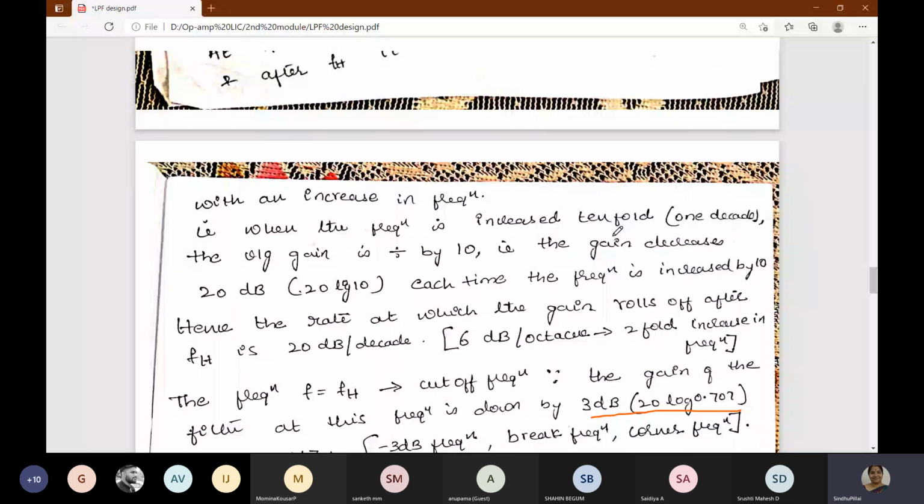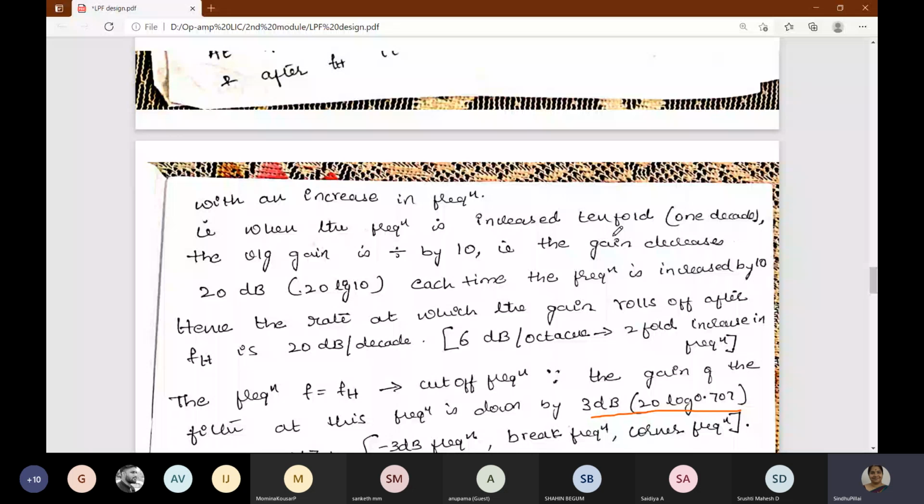And in filters we have three types here. We'll be studying three types. One is Butterworth filter, second one is Chebyshev filter, third one is Hausser filter. Three filters we have. So these filters are based on the pass band and stop band. Now you understood what is pass and stop band.